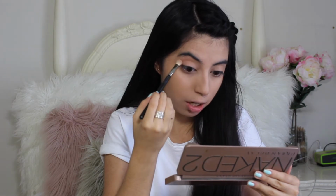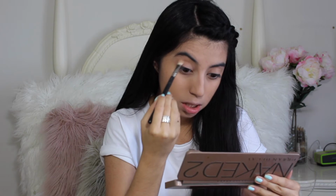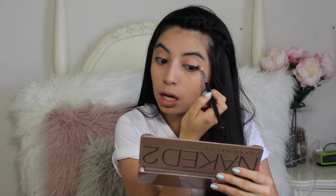And what I like about this shadow is that it's really subtle, kind of like the perfect crease color. I'm going to try something different, and I think I'm going to take one of my Naked 2 eyeshadows, and I'm just going to take the brush that comes with it, and I'm probably just going to take